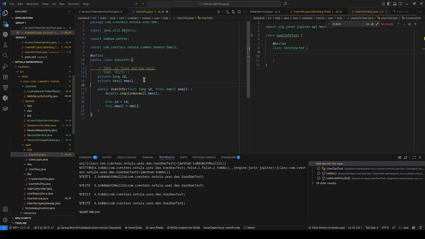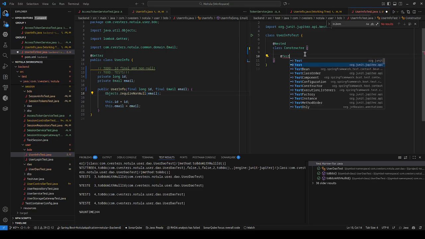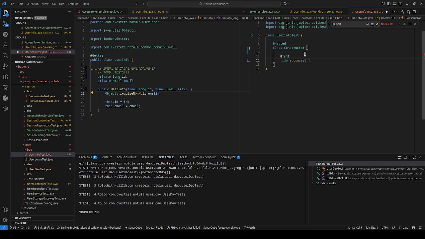Okay, so back to user info. So now this indeed is ID, this is email. Yeah, email of course should not be null, but of course I can do that at test. The first test I typically do is with invalid. Okay, I can do first a success, which I can leave empty, I don't care. At test avoid email null. See, he still hasn't learned from my